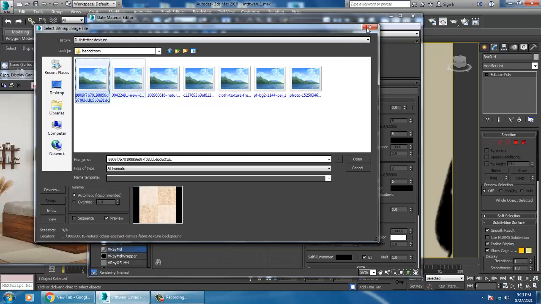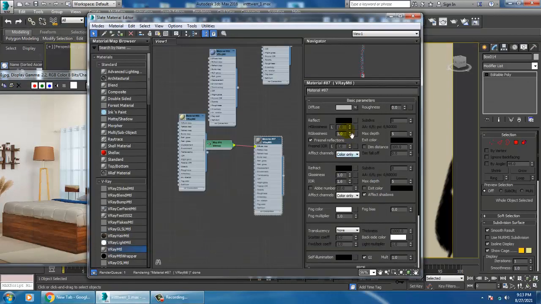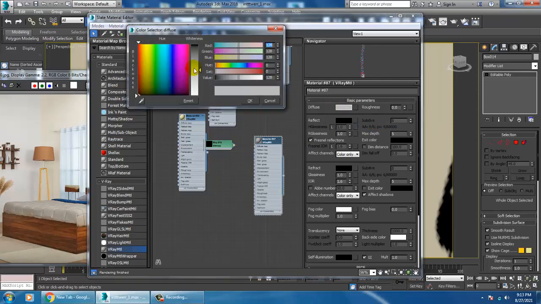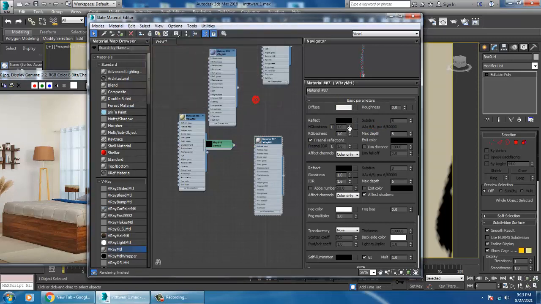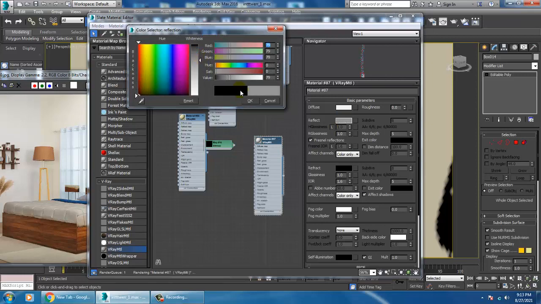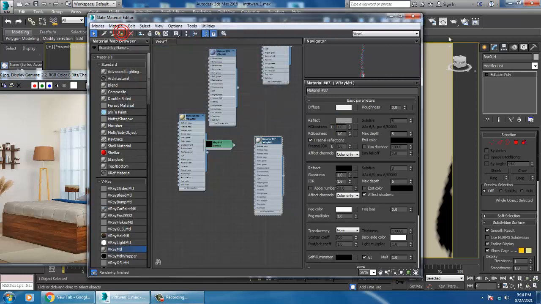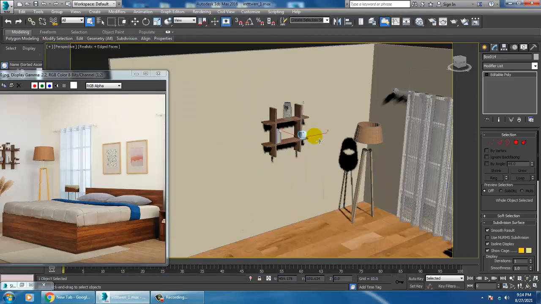Okay, anyways, I'll just assign a white color to it. It's not a problem. And I'll slightly give a bit of reflectivity if required, although it's very far.